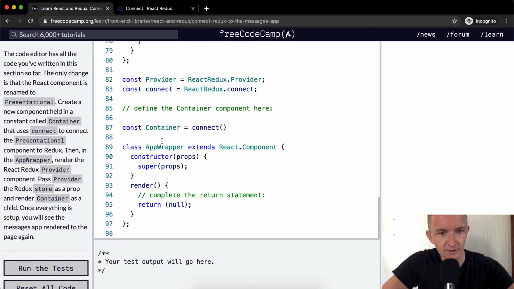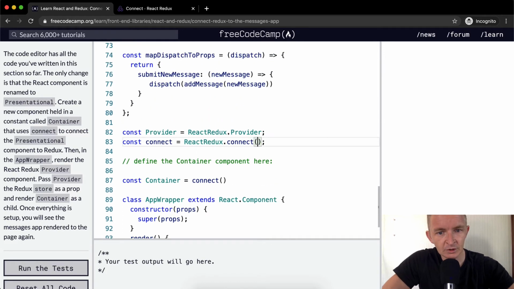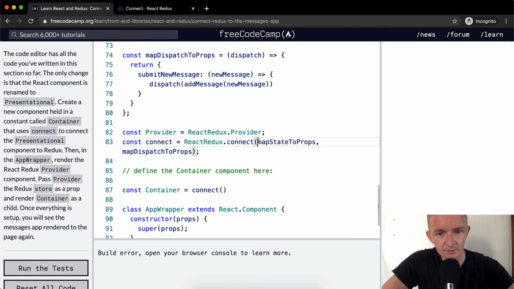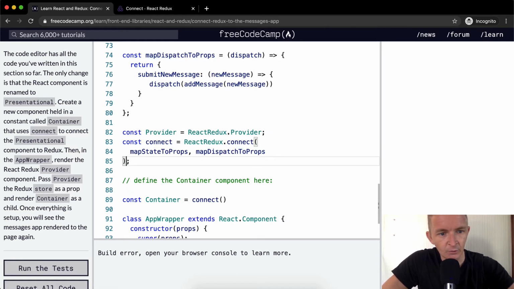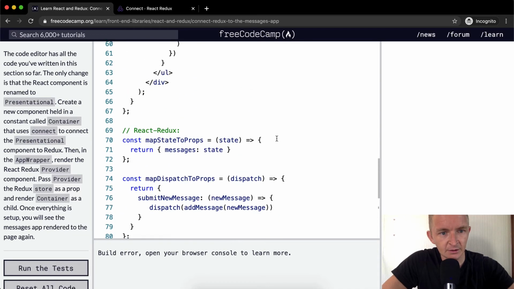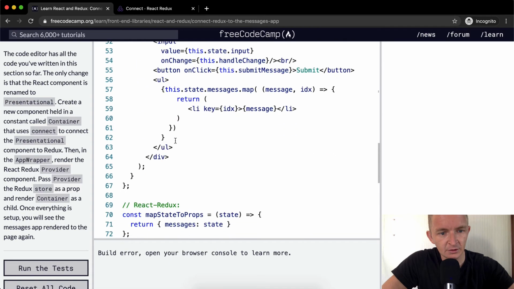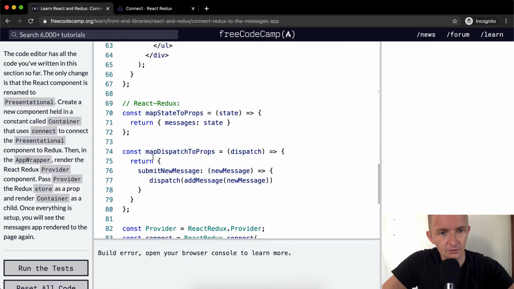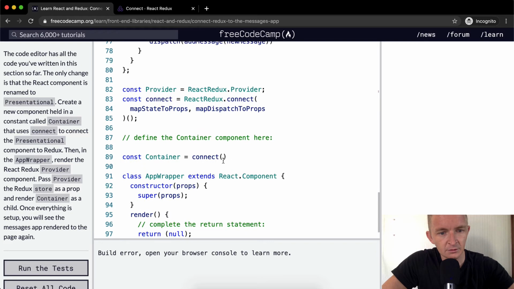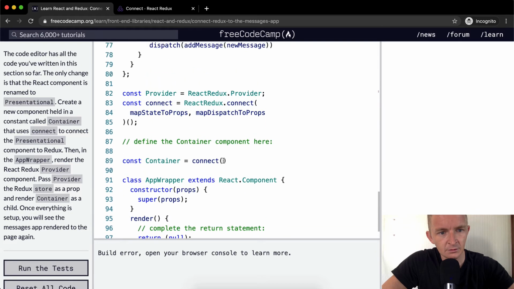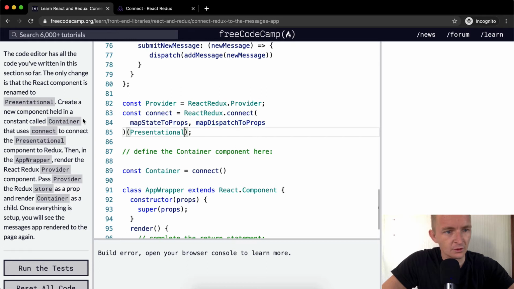And then we'll move this down here. We're going to add these guys in. And we're going to do this to the presentational component. Presentational. Okay. So now create a new component called container that uses connect to connect the props and the dispatch